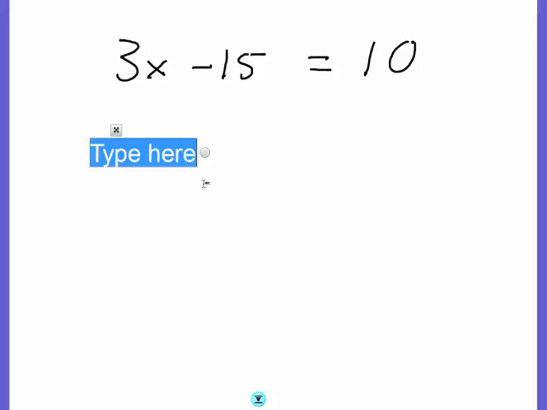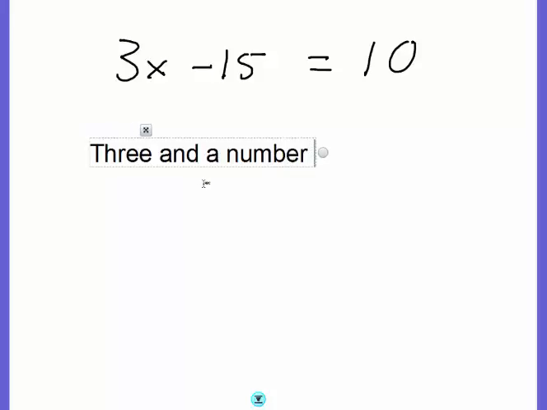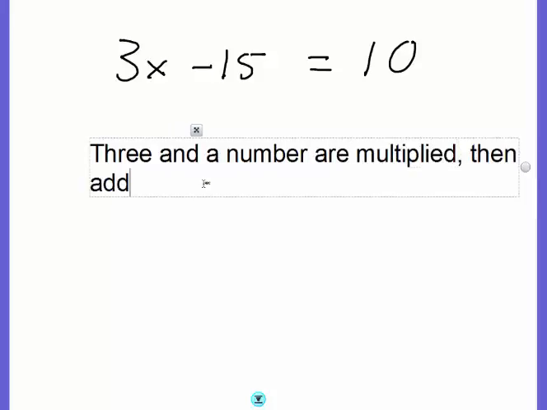Lastly, we'll do an easy example of an equation. An equation has an equal sign. We haven't learned how to solve them, but we can still turn them into phrases, or vice versa, turn phrases into equations. So let's just say we have this. The way we're going to read this, just read it left to right. Okay? We have 3 and a number are multiplied, then